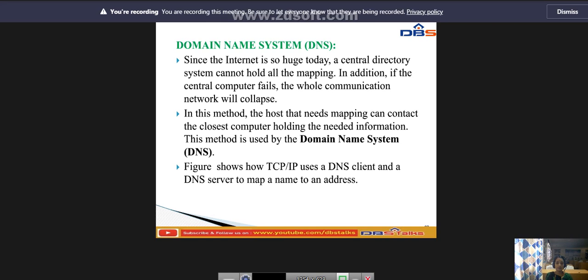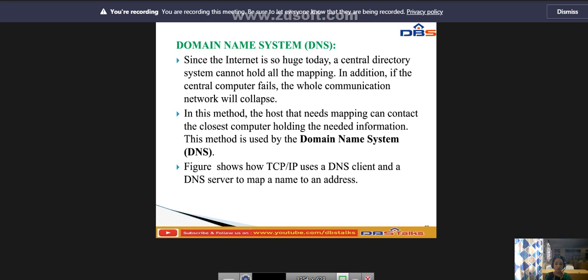A better solution is to distribute the information among many computers in the world. In this method, the host that needs mapping can contact the closest computer holding the needed information.